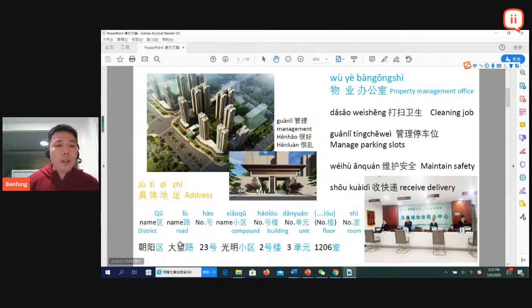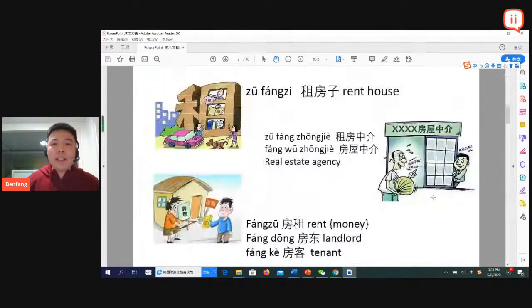再看一遍。区, district, 区；路, street, 路；号, the number of the road, 号；小区, compound, 小区；number plus 号楼, the building in the compound; 单元, the unit of the building; 单元楼, floor or 层 for the floor; 室 for the room, 室。好的，我们看一看，现在我们看一看如果你来了中国，你要租房子, to rent in Chinese is